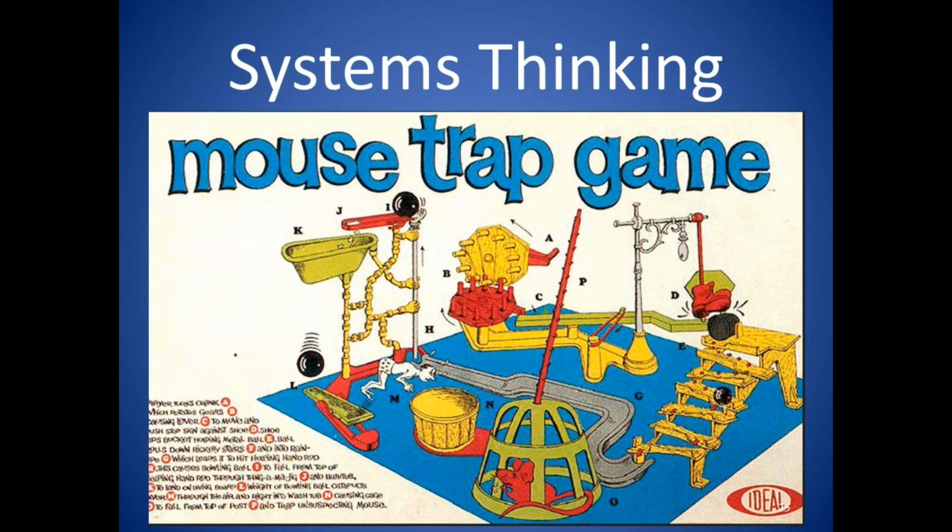If you own that game, the challenge was something would always go wrong as part of that process between turning crank A and the mouse being trapped. That the marble would fall off the stairway, or the man wouldn't fall into the tank. So, you know, what we're talking about is a system. And in a system, everything has to work as planned for the system to achieve its outcomes. So in healthcare, and specifically public health,